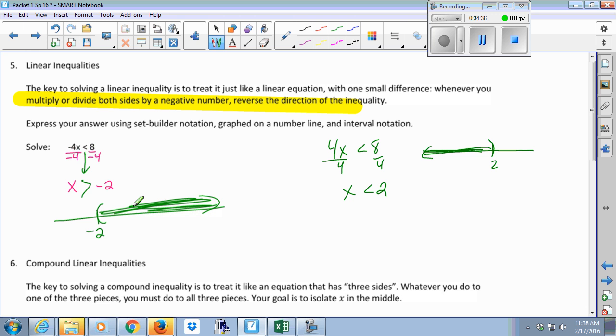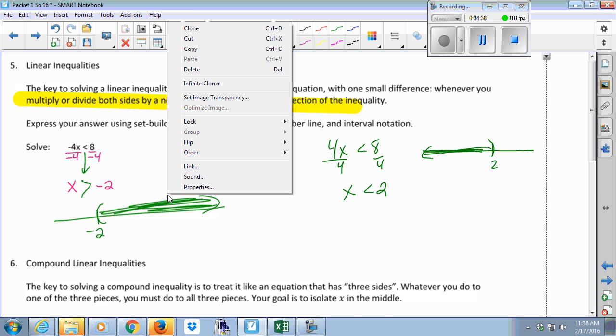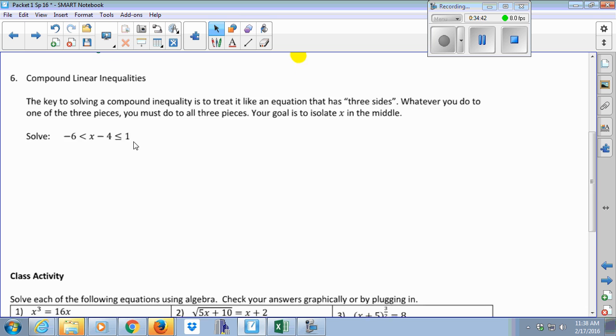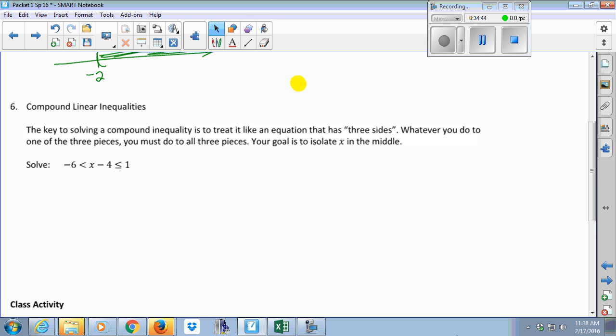Okay. All right, then the only other thing is sometimes they combine these types of inequalities. They call them compound linear inequalities, kind of like a compound sentence, right? I could say